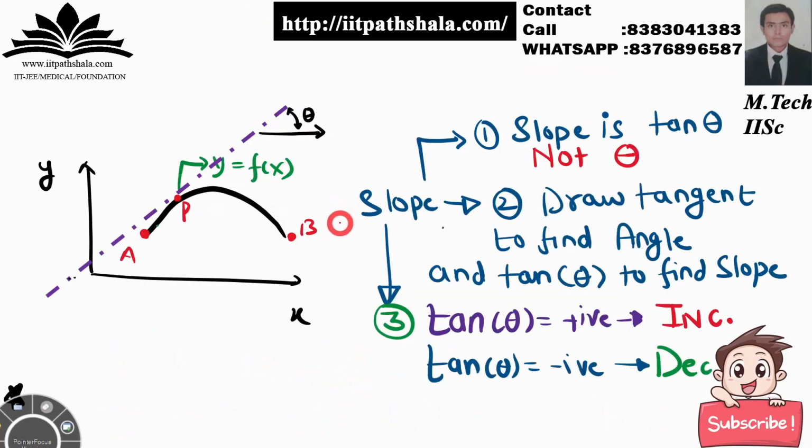Now let us have the recap of the previous section, then we'll proceed to the following section. As I've told you, this is your function, and if you want to find the slope of this function at a particular point P, then just draw a tangent at this point P, as I've shown you in the purple color. Take the angle between this tangent and the x-axis, which is your theta, and then take the tan value of this theta and you will have your slope. Fine with that? So the tan value of this theta gives you the slope.